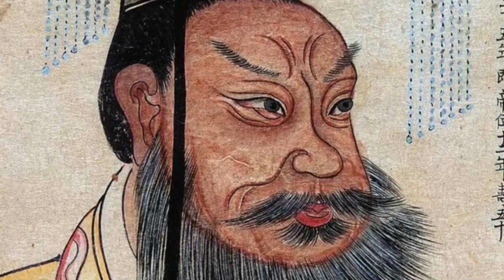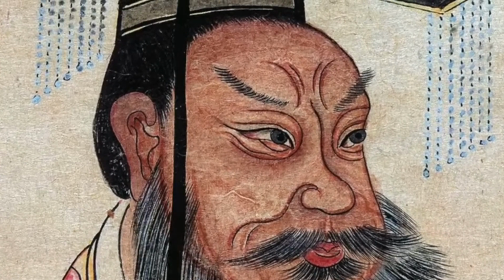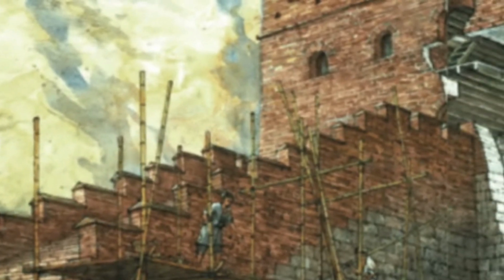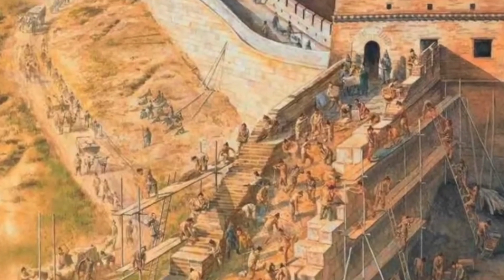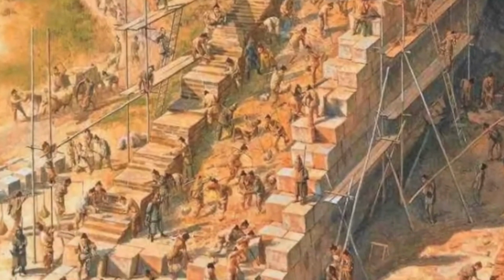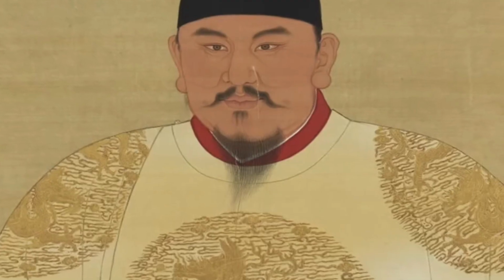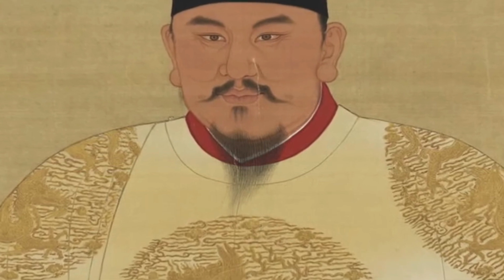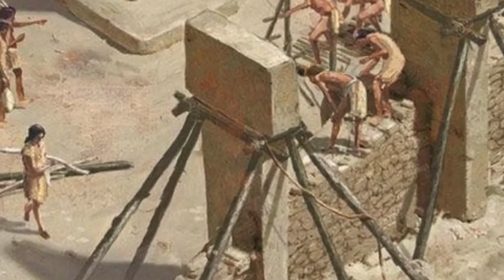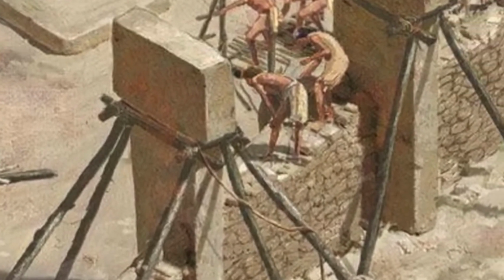By the 3rd century BC, the warring states unified under the Qin dynasty and their emperors set about extending the wall, while also connecting some of the existing sections. However, the most famous parts of the wall were built much later during the Ming dynasty, which came to power in the 14th century, about 1,700 years later. Just 1/3 of the wall and some of its strongest sections were built during that era to protect against the